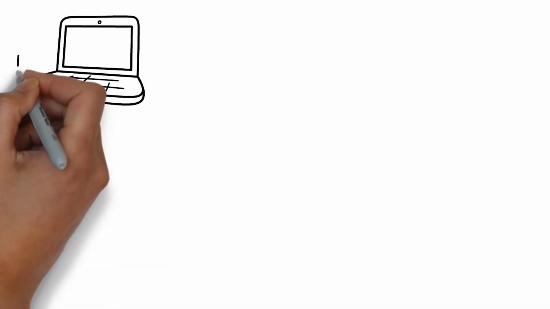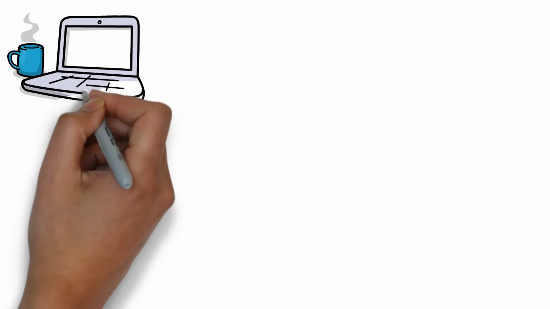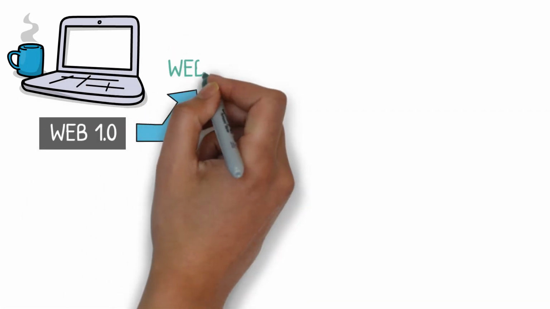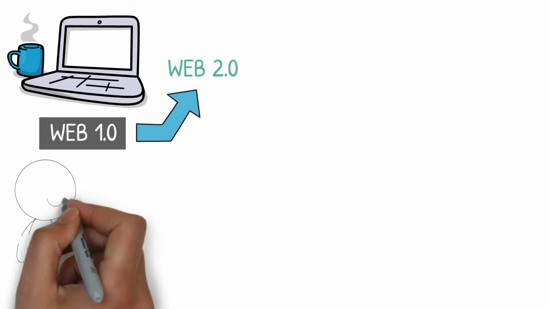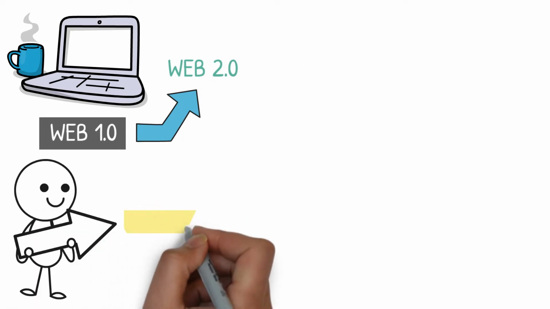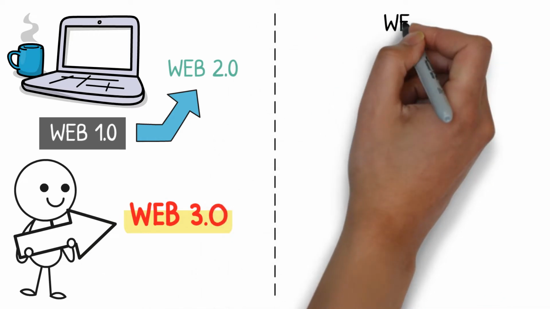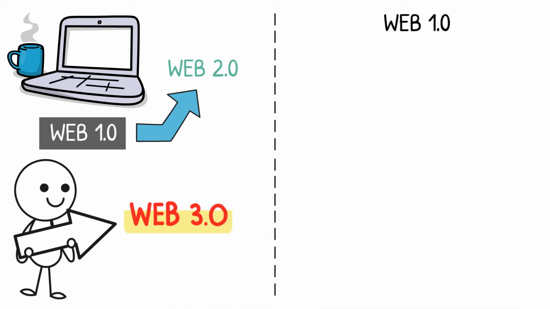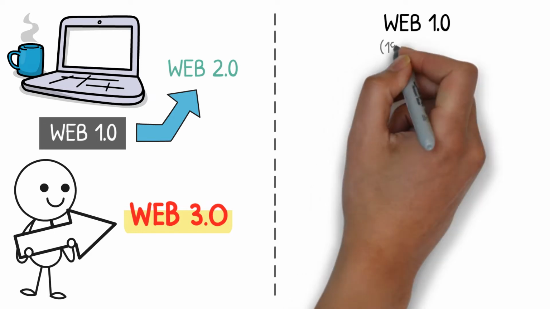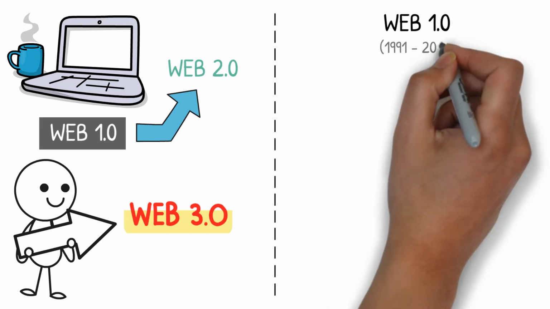Instead, I'll offer you a broad definition of what the internet says. Web 1.0 is what a lot of people call Web 2.0. Then I'll describe this new phenomenon that many people are referring to as Web 3.0. But first, let's start with 1.0. A brief review of what the internet was like between 1991 and 2004.